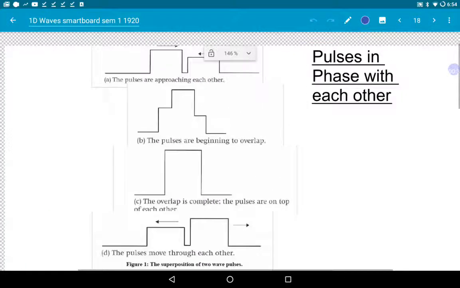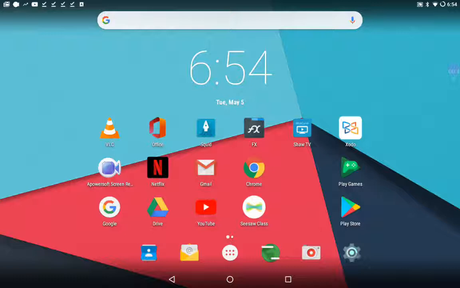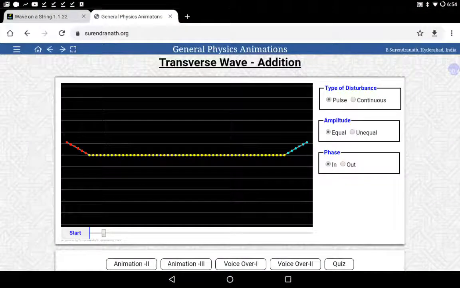So actually, maybe let's go to that application to begin with, and we'll look at some pulses that are in phase with each other. So I'm just going to bring that up. Okay, so here's that website we can use. On the right, it says pulse, and the amplitude, we're going to start looking at equal amplitudes, and the phase will be in phase. So if they're in phase, they're on the same side,